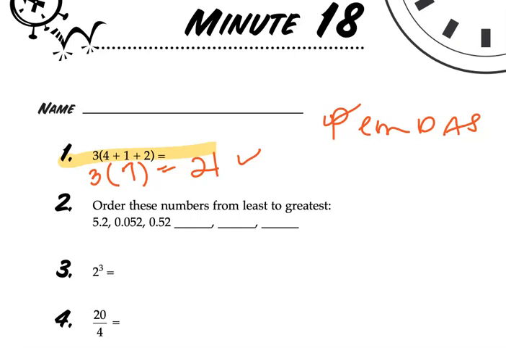Okay, so number 2 says to order these numbers from least to greatest. So we're going from the smallest value to the largest value. I like to think about decimals in terms of money. So the smallest value is going to be